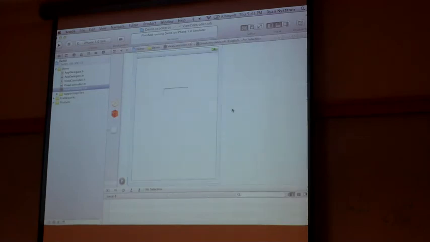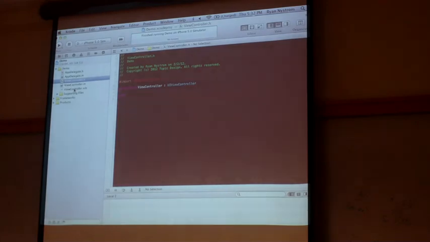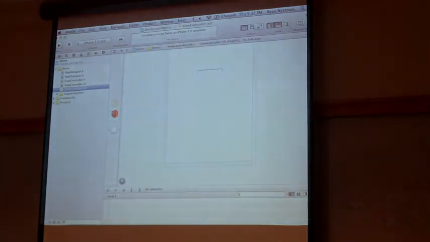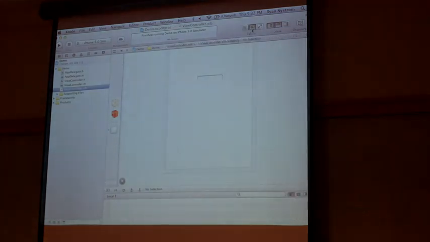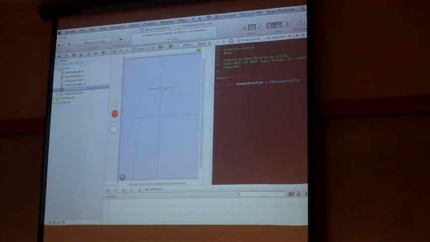So our file is owned by, we've got a view controller nib here, an implementation file, and our header file. This is why I'm going to recommend not using the interface builder. You have to use something called outlets.